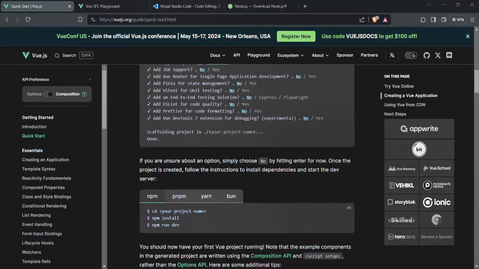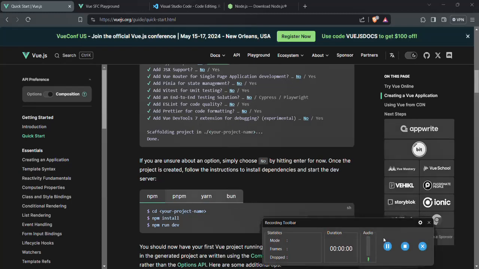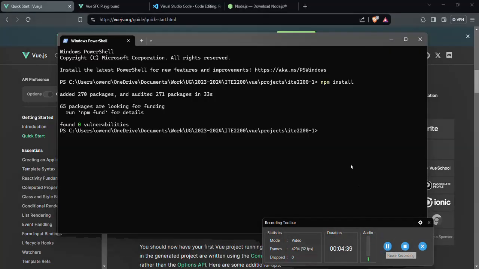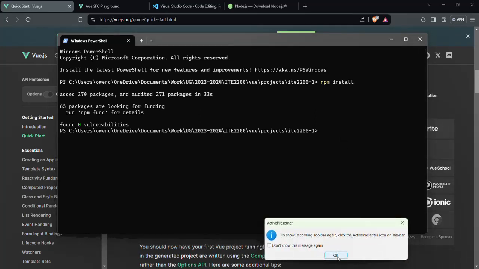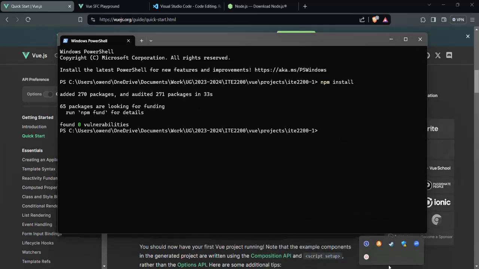All right. So once the install completes, this is what it's going to look like. From here, we can do npm run dev,